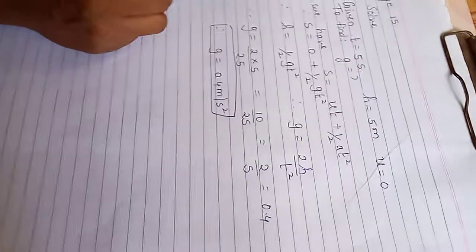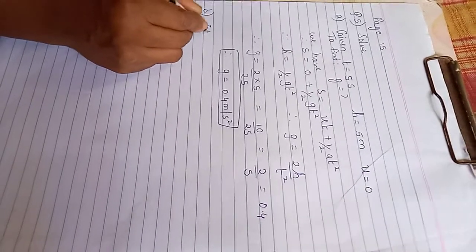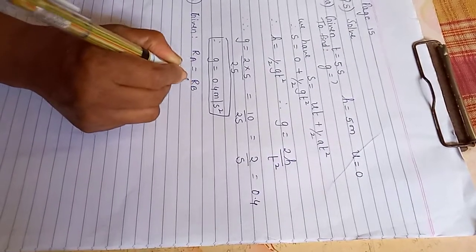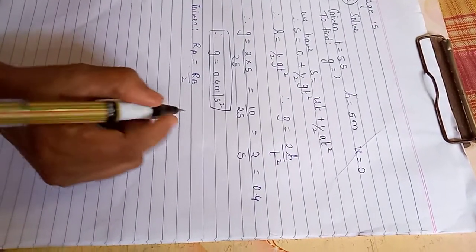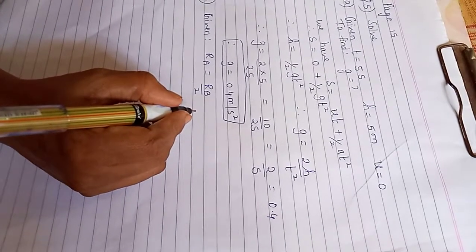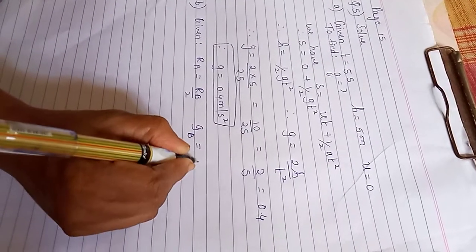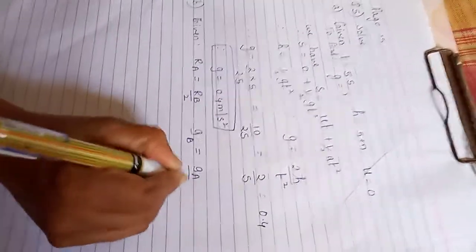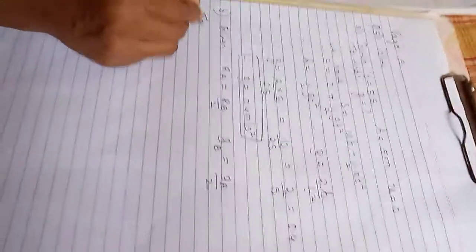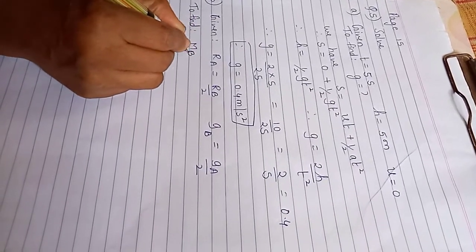The radius of the planet A is half the radius of planet B. Given, radius of planet A is half the radius of planet B. If the mass of A is MA, what must be the mass of B so that the value of g on B is half the value of g on A? This is the given form here. Take the ratios to find what? What must be the mass of the planet B?